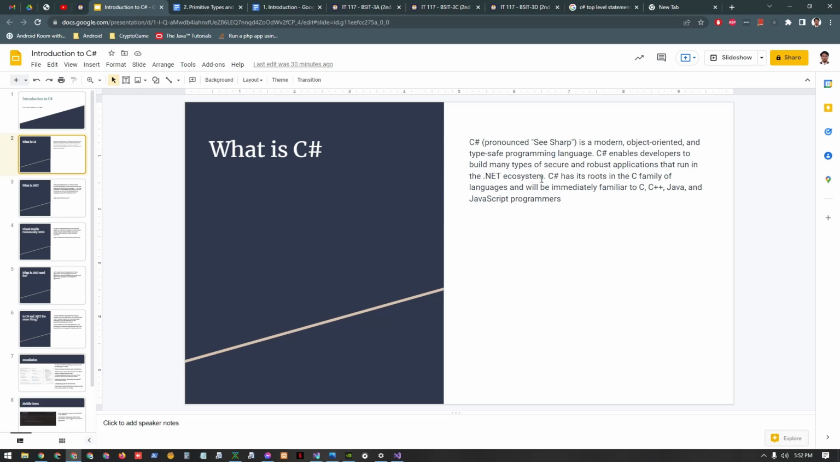So what is C Sharp? By definition, a modern object-oriented and type-safe programming language. C Sharp enables developers to build many types of secure and robust applications that run in the .NET ecosystem. C Sharp has its roots in the C family of languages and will be immediately familiar to C, C++, Java,